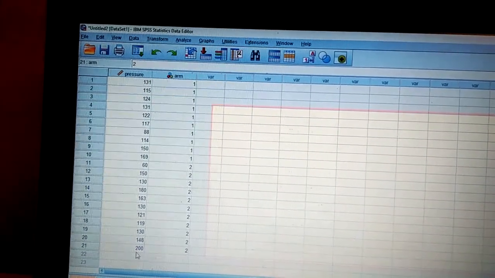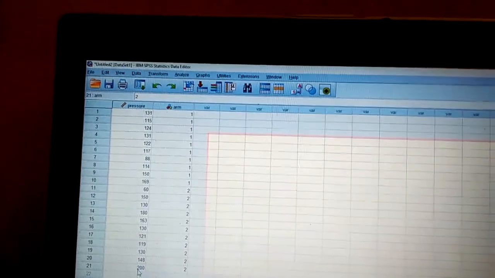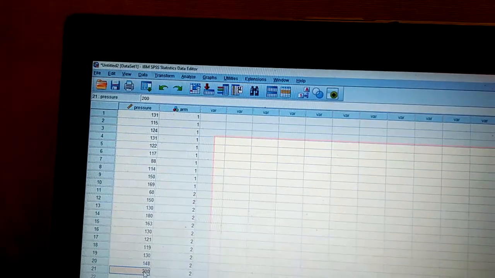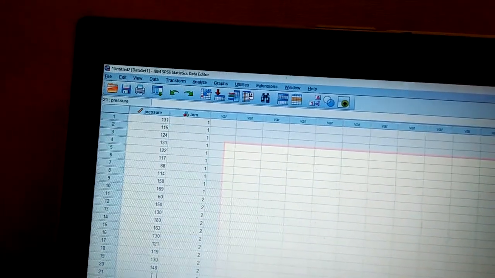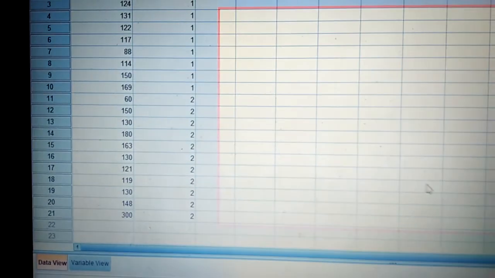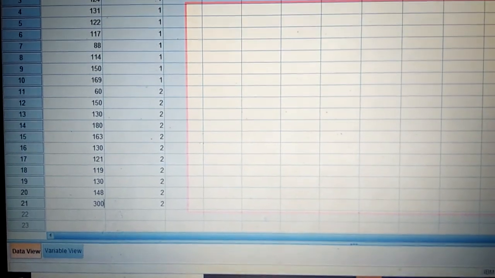This 200 is too big, so if we draw 200, let us say 300, and we attempt to draw a box and whisker